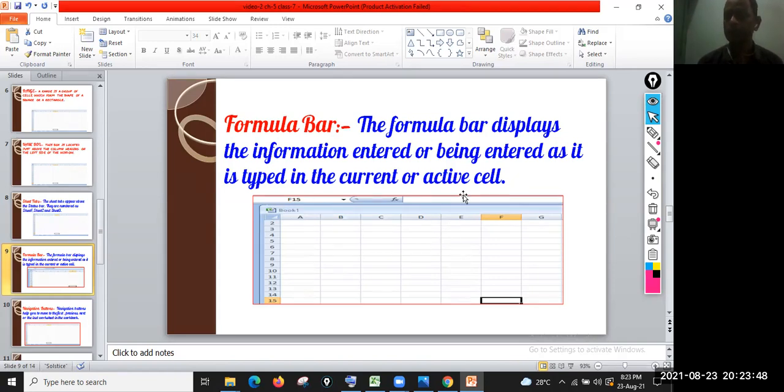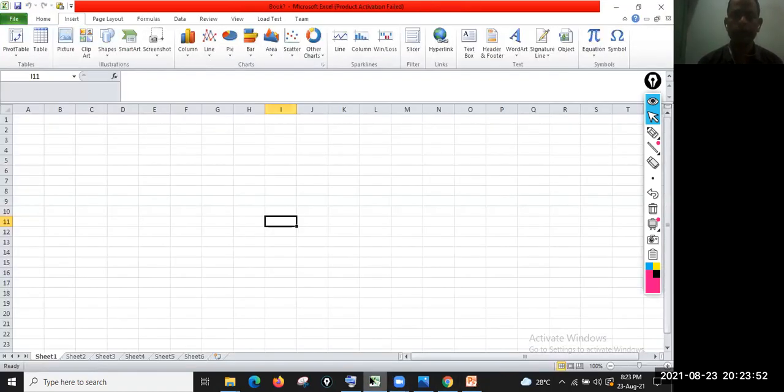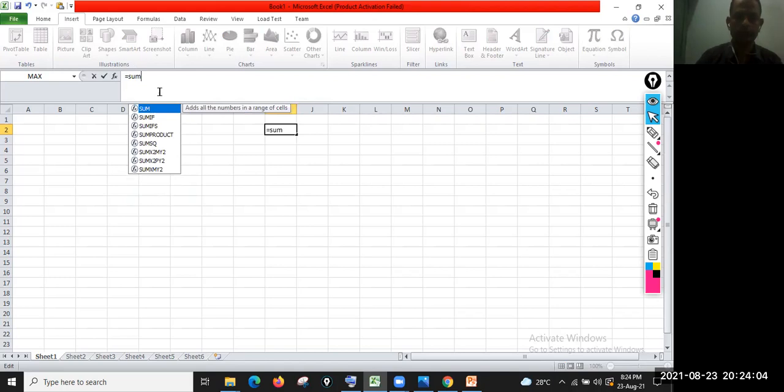When you write a formula, it always starts with the equal sign, and you write SUM,